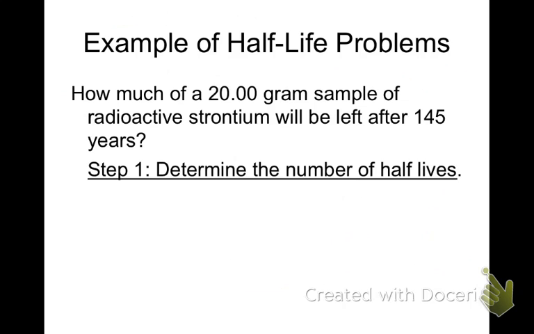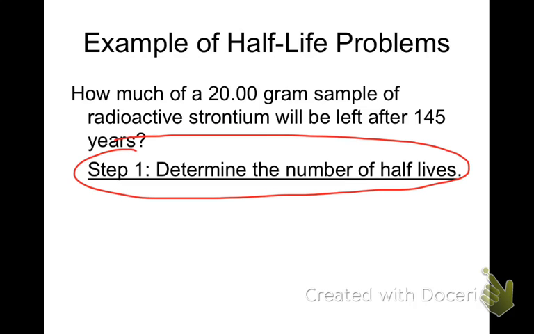The key to all of these types of problems is first figuring out how many half-lives have passed. If you can figure out the number of half-lives that have passed, then you'll be golden no matter what the question is asking. So this question says, how much of a 20-gram sample of radioactive strontium will be left after 145 years? So what we want to do first is figure out the number of half-lives. Start with the fact that we know 145 years have passed. We use our handy-dandy chart that you just wrote down. And we see that in one half-life, it would take 29 years for one half-life to occur. So if you divide 145 by 29,